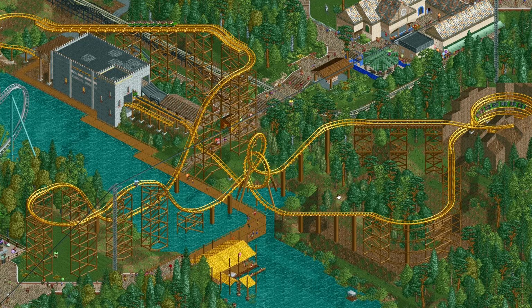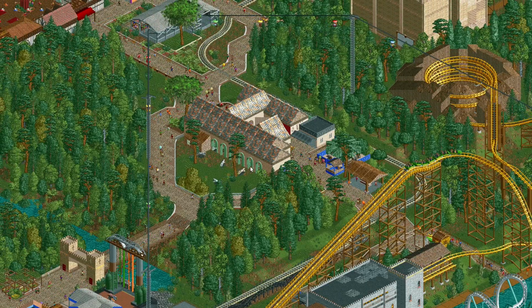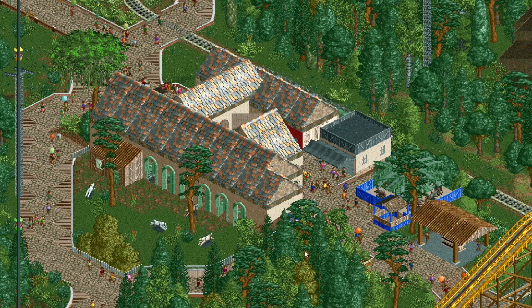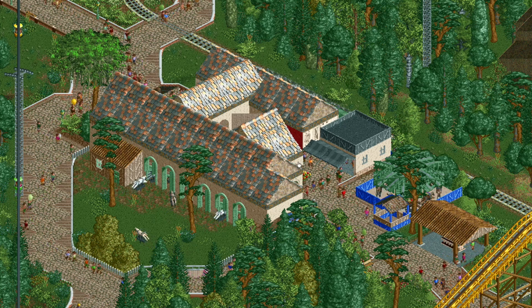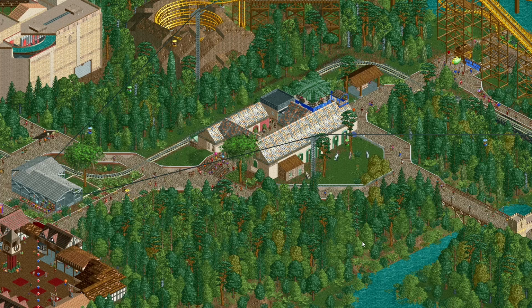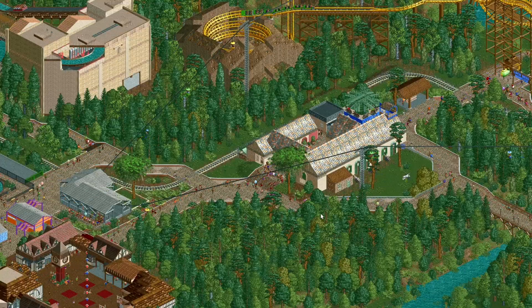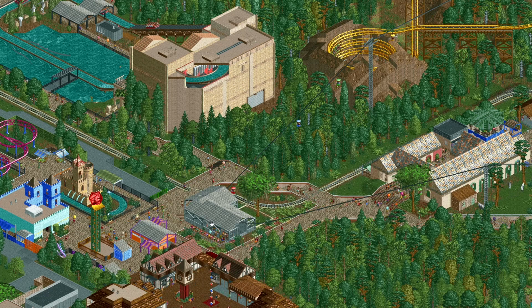So yeah, pretty happy with Loch Ness Monster, all things considered. Elsewhere in Scotland, we have our horse stables over here, and another spinny ride, the Little Clydes, just another fast merry-go-round kind of ride. Nothing much to talk about over here, not a whole lot to look at, but I think it's a nice little area. And that does bring us back to the front of the park, where we have our Skyride station